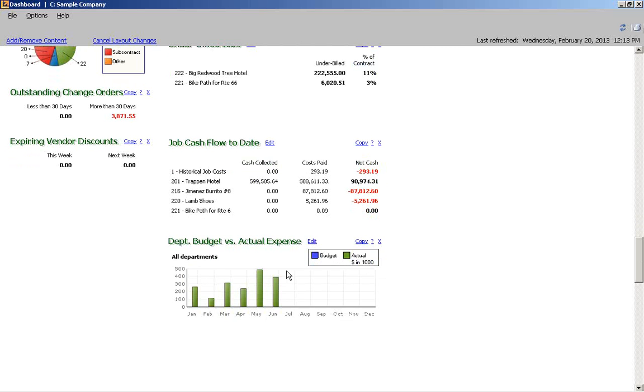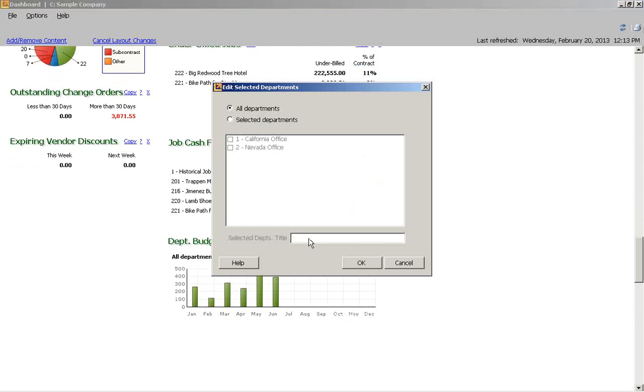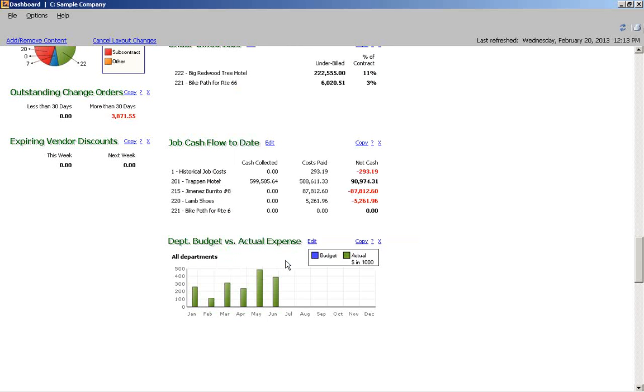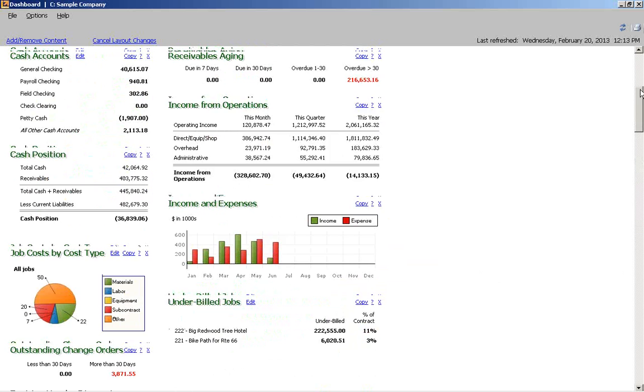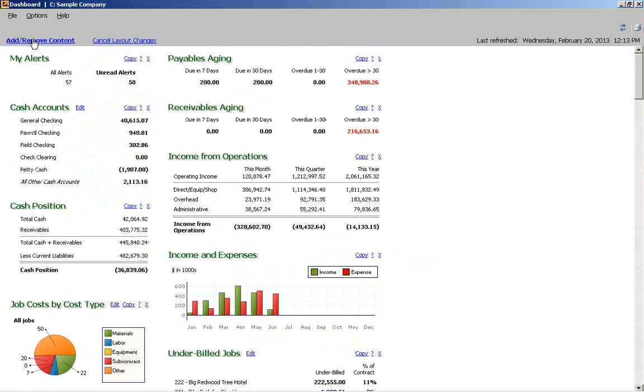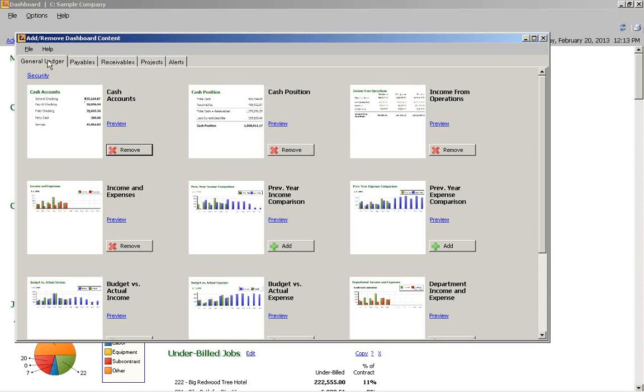Now this is not really interactive. There's not much I can do here except I can click Edit. Yeah, I could select only certain departments in this case, but you can't change the graphic layout and so forth. It's sort of predefined. If we go back to add remove content up here, so that was only general ledger